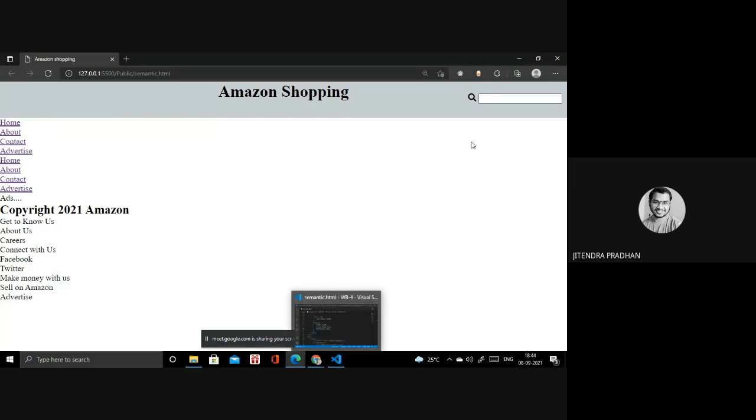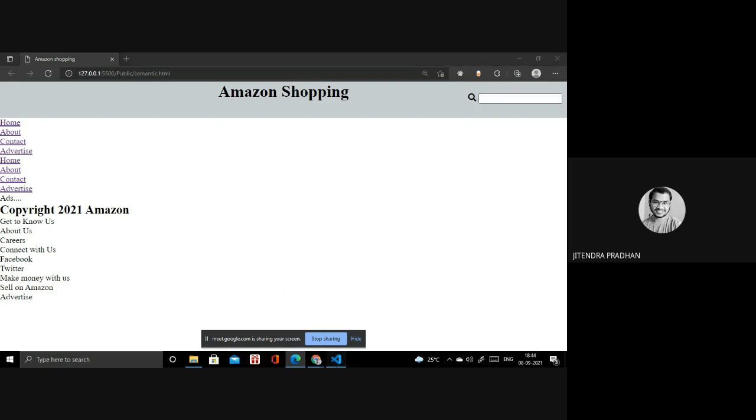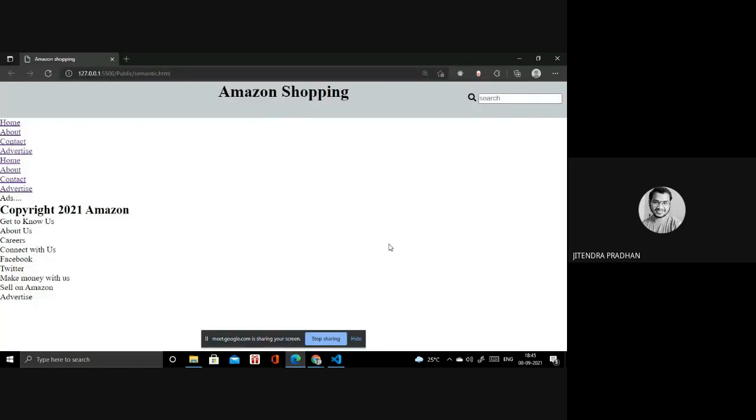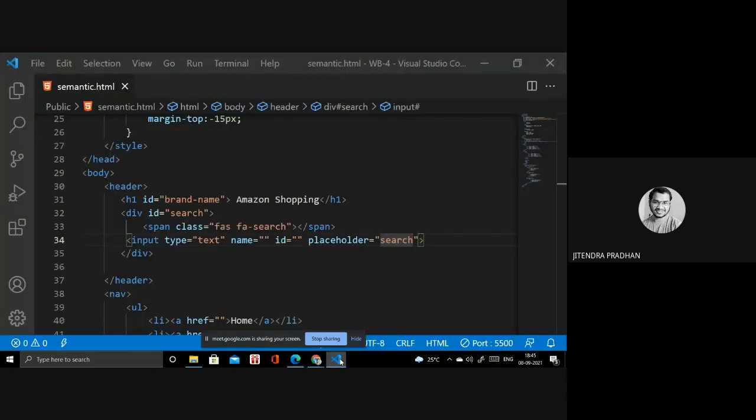So next thing, the search box will be inside that. Like a search box, and inside the search box I need to write the placeholder, search. Okay, done. If you want capital, you can.